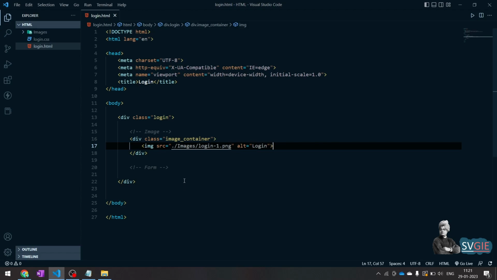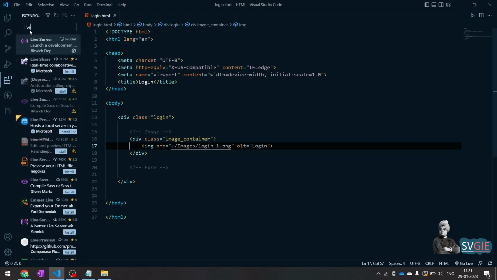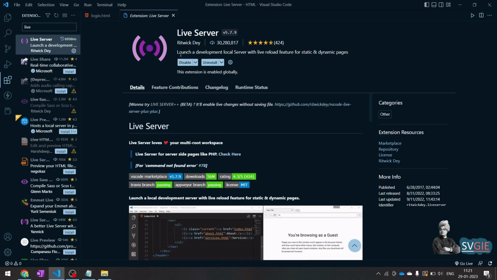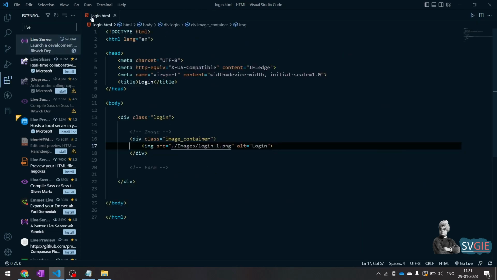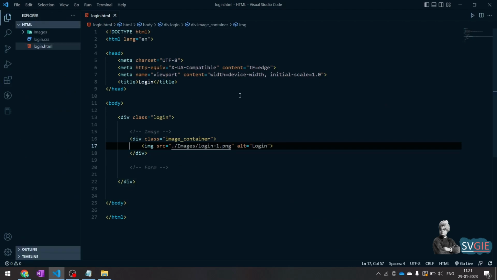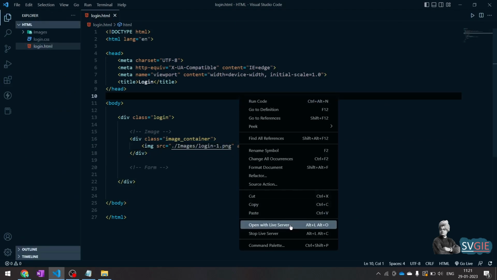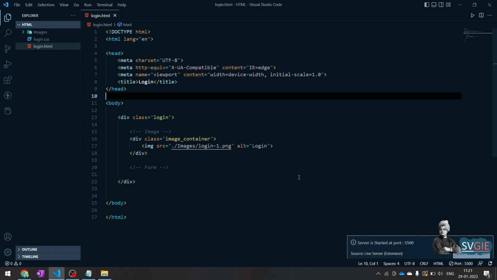There are two ways to open this file in the browser. First, go to this location and double click on the login.html file. It will open in the browser. But the thing with this is you have to refresh every time you make a change in the file. The second method is to go to the VS Code extensions and search for Live Server. Install it, and after that come to your login.html file and right click on it. You can see Open with Live Server. Just click on that, and it will open a port